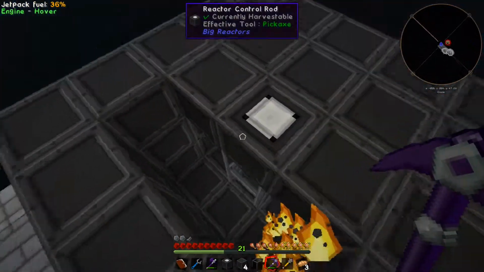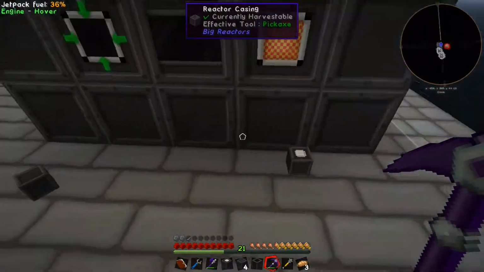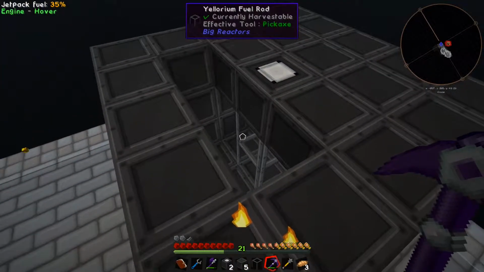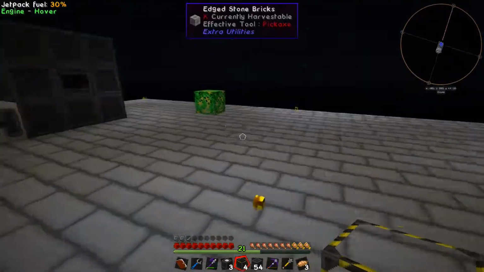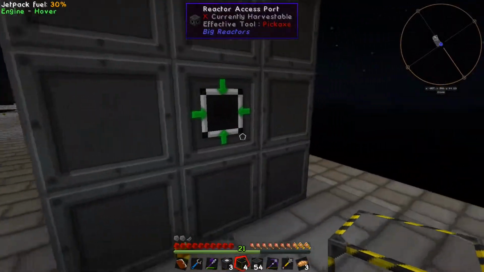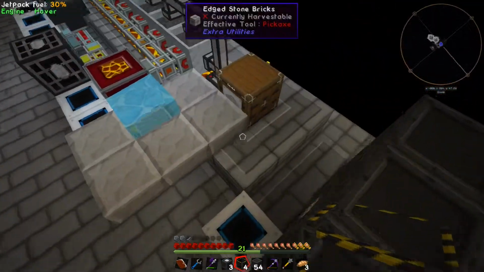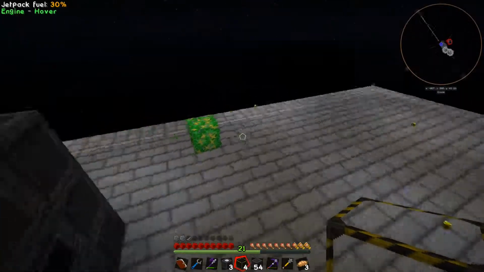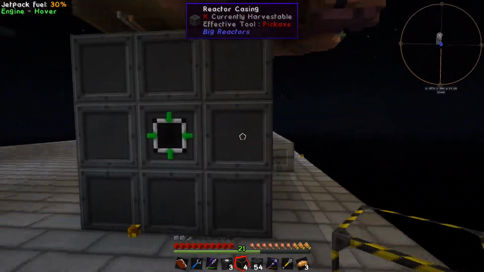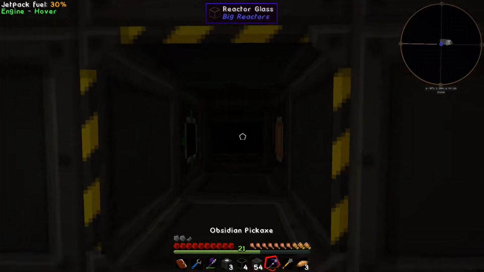Right guys, I'll be straight back and get some reactor glass, because it will take some time to make, because it's quite hard to make. So I'll be right back. Right guys, I'm back. I went and made a 4x4, like a little tiny one, and this still doesn't work. I've got the reactor controller up here, I've got the power tap there, the controller there, and access port there, and unless I've forgotten, I think I have